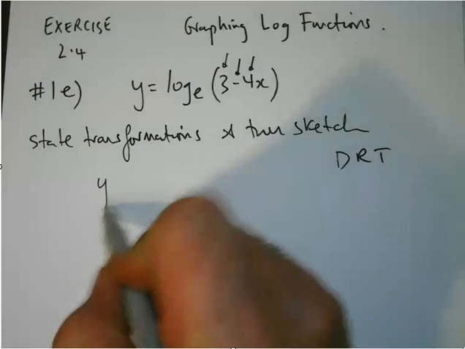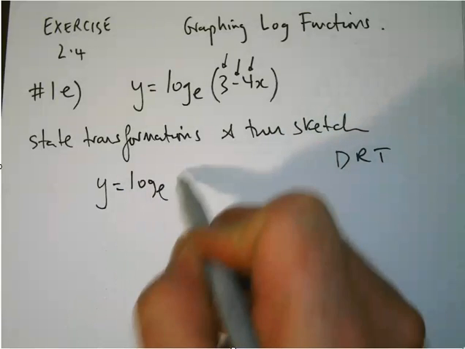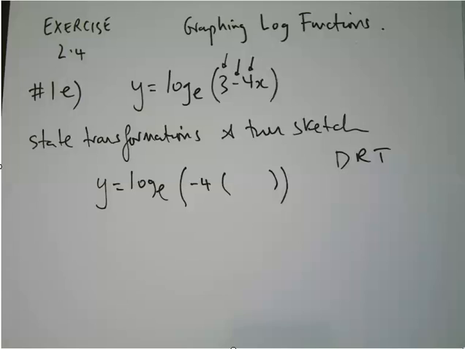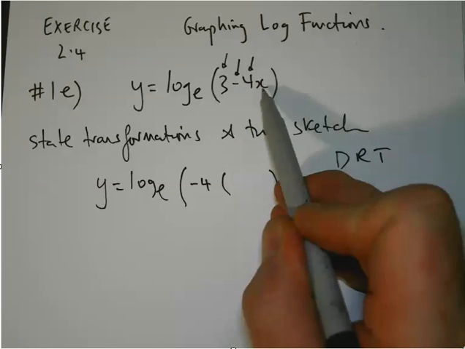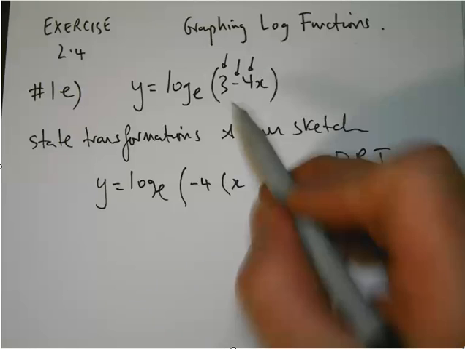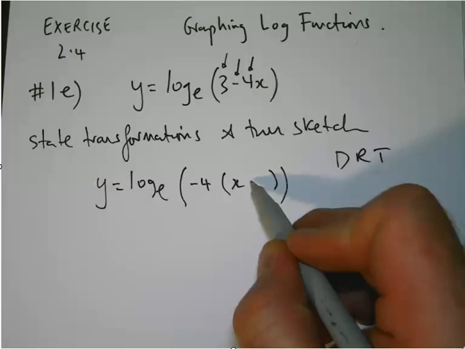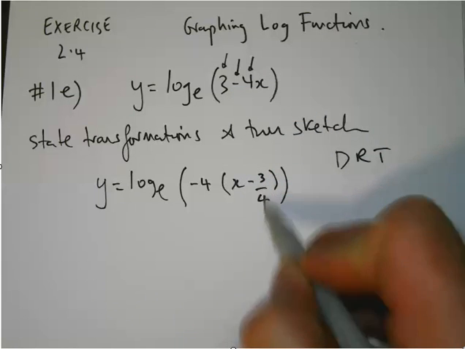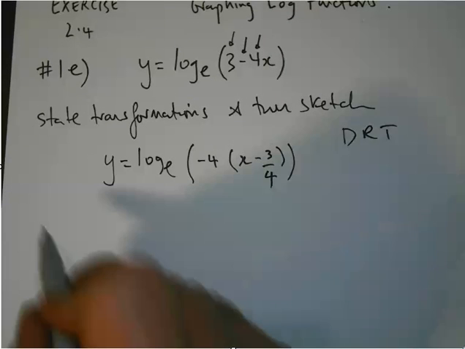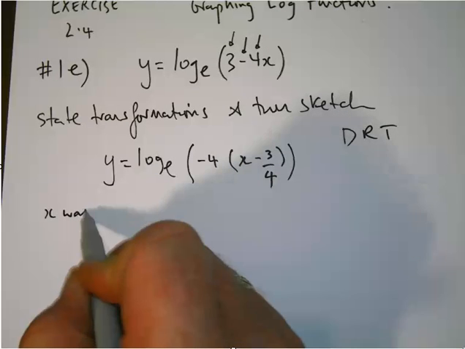So I've got y equals log base e of negative 4 (x minus 3 on 4). If I divide minus 4x by negative 4, the x becomes positive. If I divide 3 by minus 4, it's going to become minus 3 on 4. Therefore, x was replaced